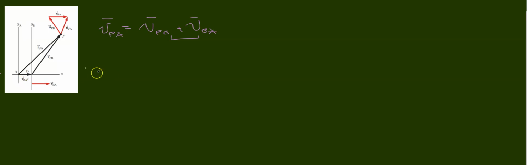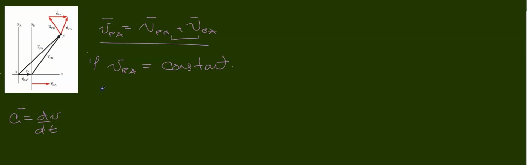But if the velocity of b with respect to a is constant, then something interesting happens. You might remember from calculus, and we saw this in class, that the acceleration is the derivative of velocity with respect to time. So if I take this equation and I try to find the acceleration, then the acceleration of p as measured from a, well,